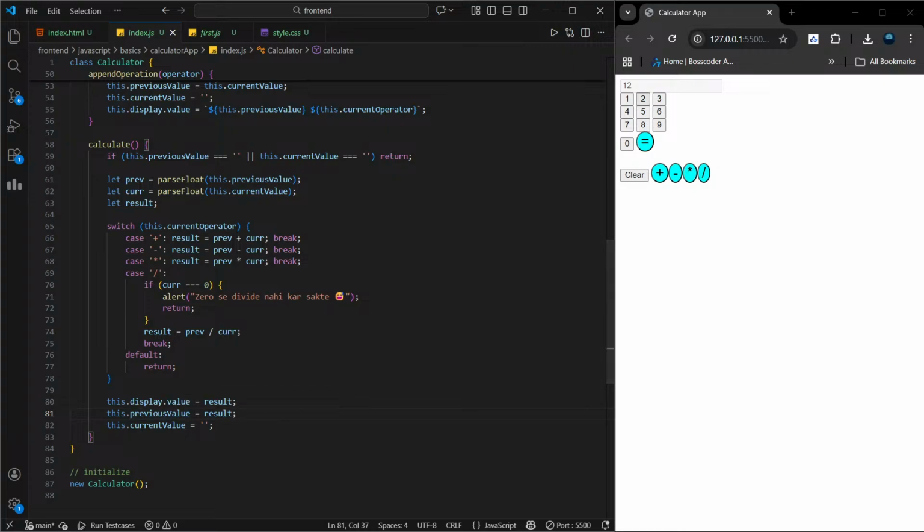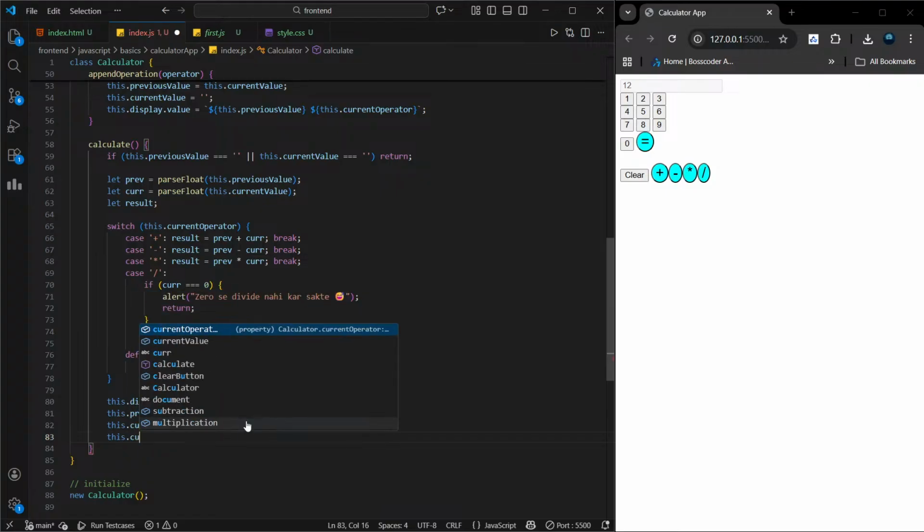नहीं, देखो, प्रीवियस वैल्यू में तो रिजल्ट मुझे चाहिए। फॉर एग्जांपल यहाँ पे 12 आ गया, ठीक है। अब 12 जो आया है, मैं आगे फर्दर अगर मैं चाहूँ प्लस करना, माइनस करना, मल्टीप्लाई, डिवाइड, कुछ भी करना चाहूँ, तो ये जो 12 रिजल्ट आया है उसके आगे ही परफॉर्म करना चाहता हूँ, लाइक द रियल कैलकुलेटर। सो यहाँ पे आंसर आ जाता है। देन अगेन अगर मैं कोई ऑपरेटर दबाता हूँ देन वो ऑपरेटर आगे दबना चाहिए, राइट। सो उसके लिए मुझे क्या करना पड़ेगा, मैंने अभी क्या किया है, दिस डॉट डिस्प्ले डॉट वैल्यू रिजल्ट, तो यहाँ पे रिजल्ट प्रॉपरली दिखा रहा है, प्लस दिस डॉट प्रीवियस वैल्यू, उसके अंदर भी रिजल्ट कर दिया मैंने। फिर करेंट वैल्यू को मैंने कर दिया है नल, मतलब एम्प्टी। तो मुझे यहाँ पे दिस डॉट करेंट ऑपरेटर को भी शायद करना पड़ेगा एम्प्टी, राइट।